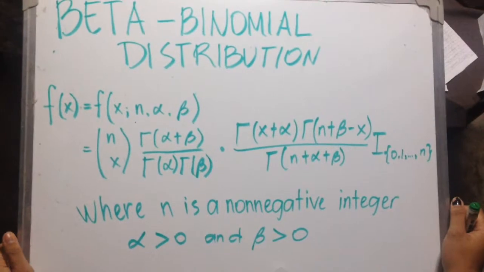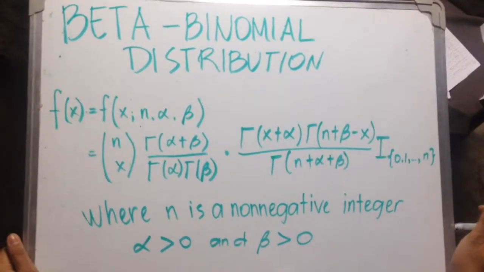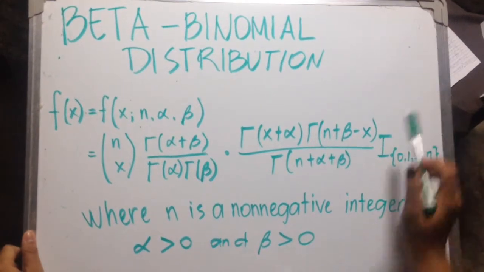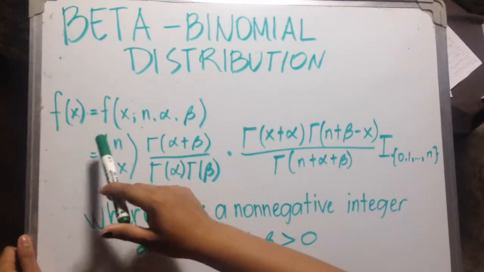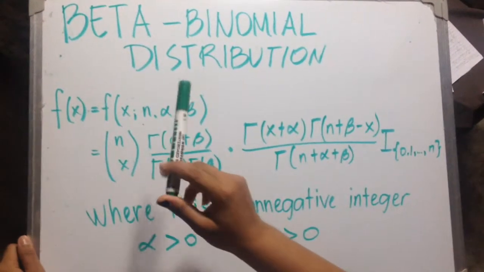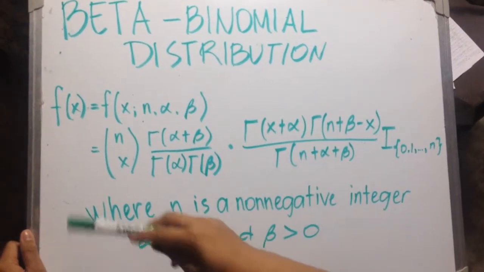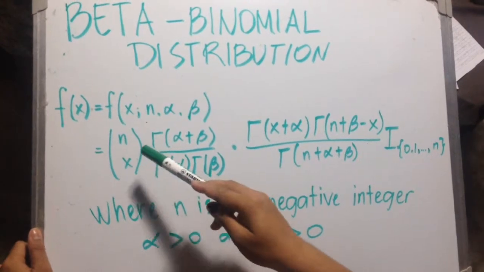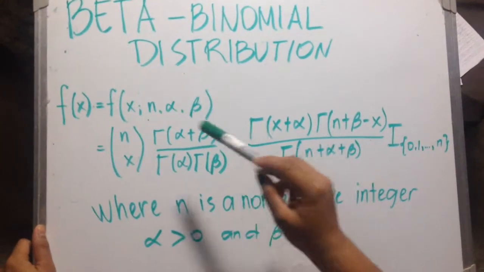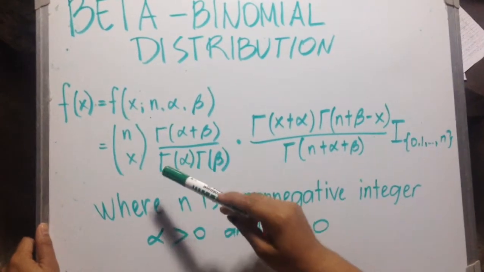Good day. Today we're going to tackle the beta binomial distribution. The beta binomial distribution is given by f of x, where f of x has parameters n, alpha, and beta. So the equation is given by n choose x times gamma of alpha plus beta over